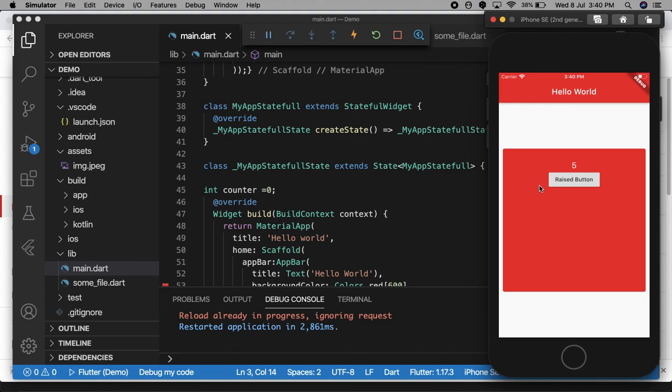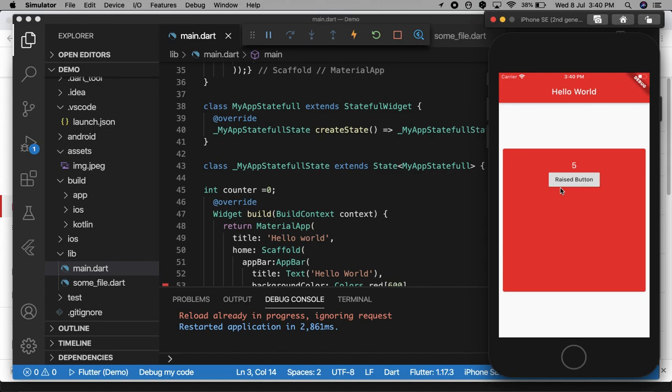So we have seen that this text can have different values. If we are using this kind of widget, then we have to use a stateful widget. If we are using a widget that cannot have changing values, then we can use a stateless widget.